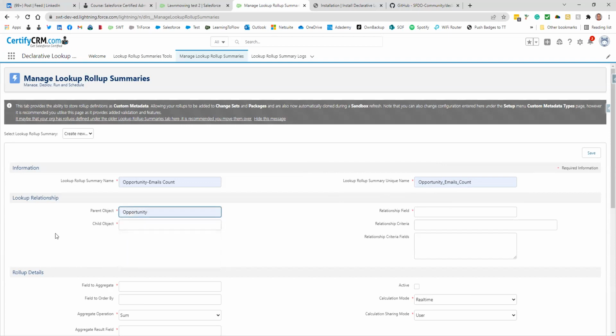Now, this first one is to count the emails. They're stored as email message, which is the object for that. So we'll type email message. And the field that is used for the relationship between the email and the opportunity, that relationship field, is called related to